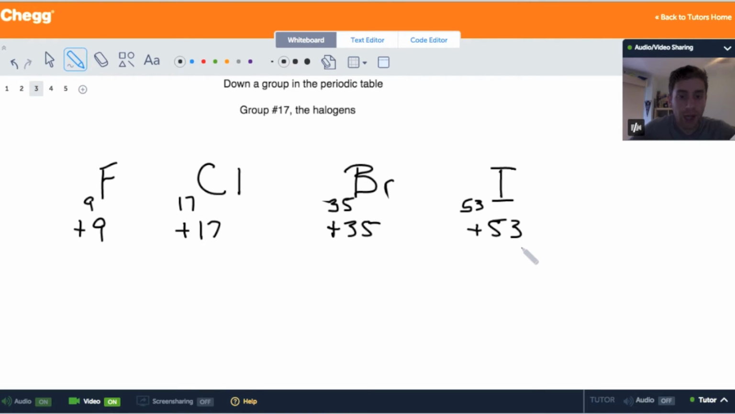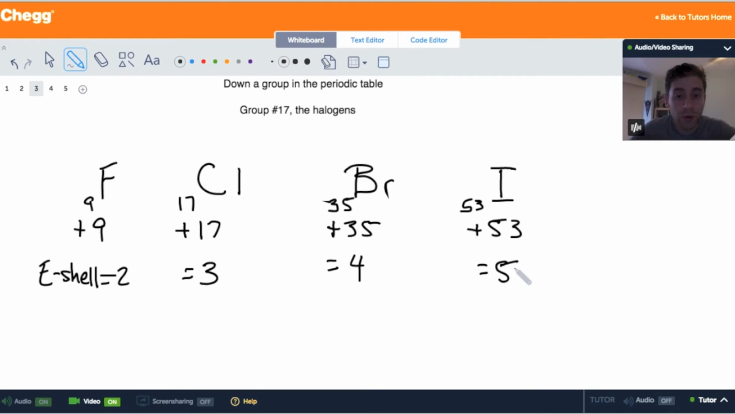However, as you go down a group, you're increasing the energy shell that the valence electrons are found in. So fluorine's valence electrons are found in energy shell number 2, then 3, then 4, then 5. So as you go down a group, you're increasing that distance of the valence electrons from the nucleus, which has